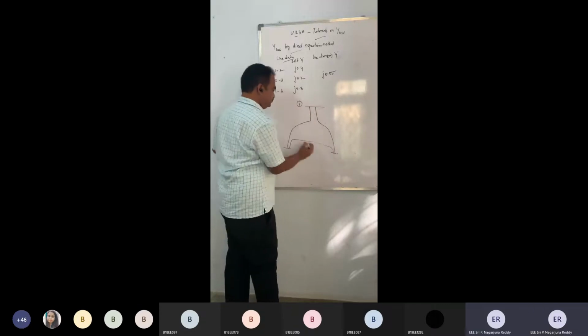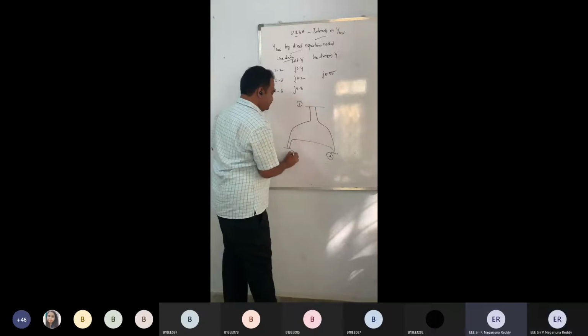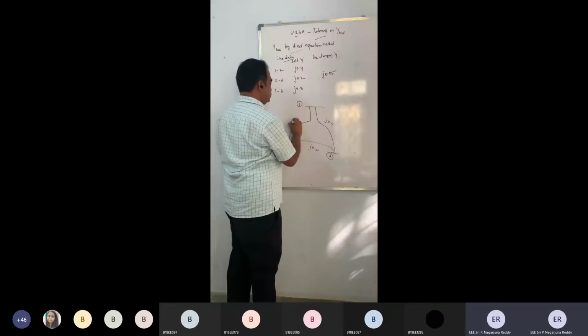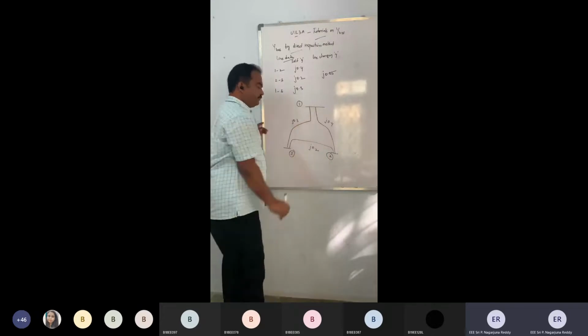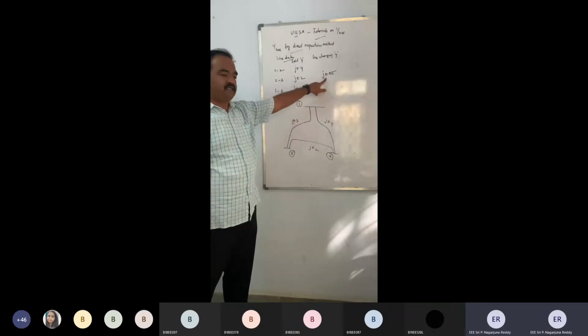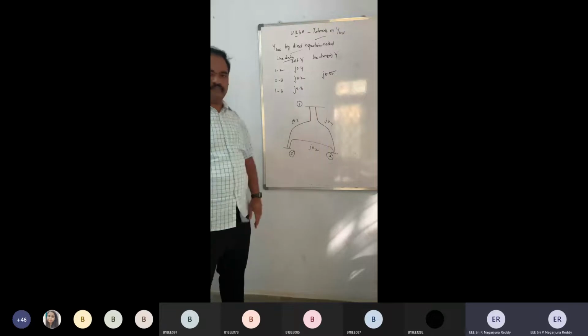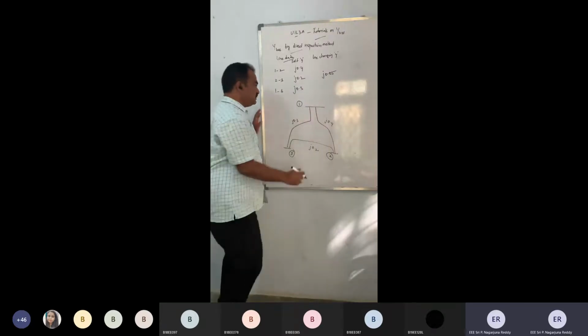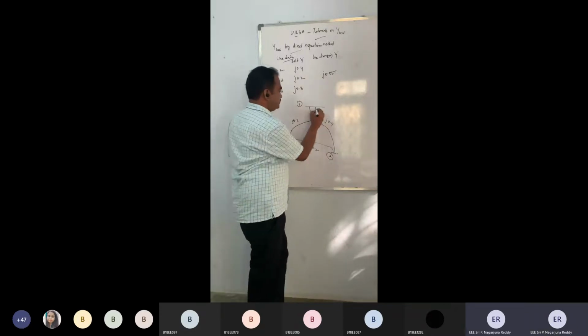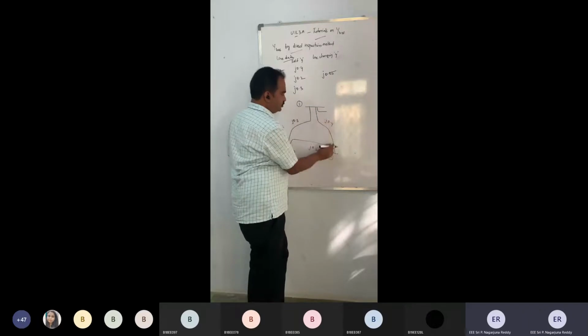Now this is your bus 1, bus number 2, and bus number 3. And this is the data which has been given for you. Between 1 and 2, it is going to be J0.4. Between 2 and 3, it is going to be J0.2. And it is J0.3. Now there is another element. What they have mentioned is this line is having a line charging admittance of J0.05. So how to mention this one in your figure? Line charging admittances are generally represented as two halves at the two ends of the transmission line. So this is the end of this transmission line for this 2, 3.